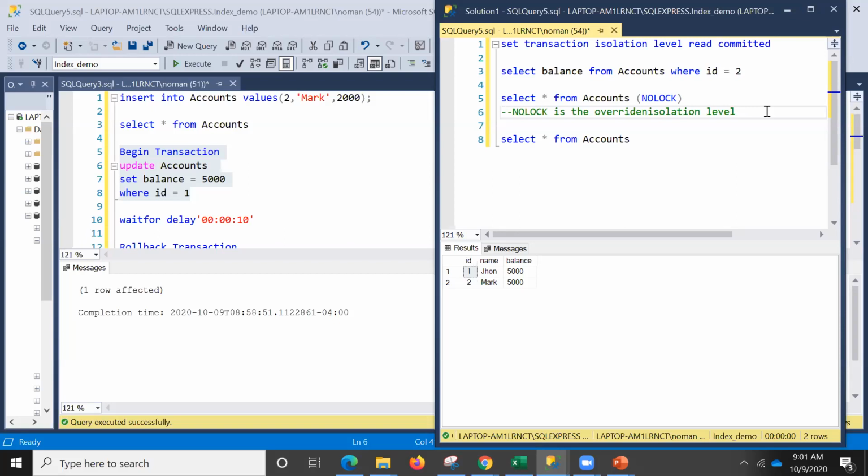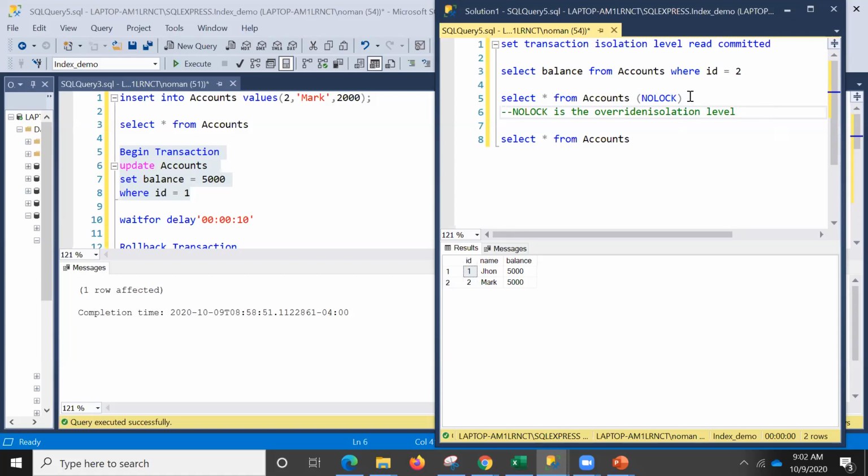And you remember we talked about, yes, exactly on that statement. Yes, you are right. It allows you the dirty read. So it is allowing us the dirty read. And why is it allowing us the dirty read? Because, as I told you, yes, Alex, you are very right, this is the overridden form, or the inline isolation level.